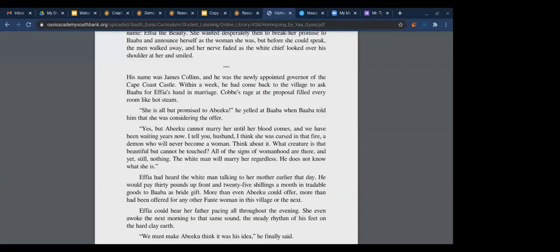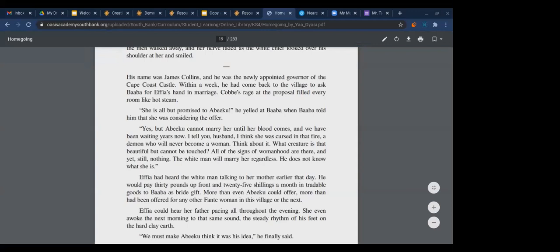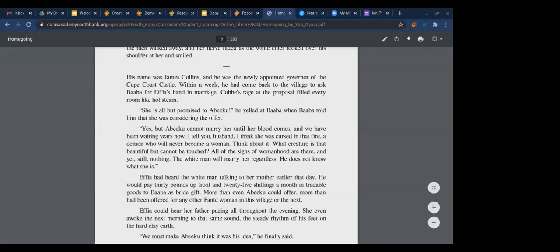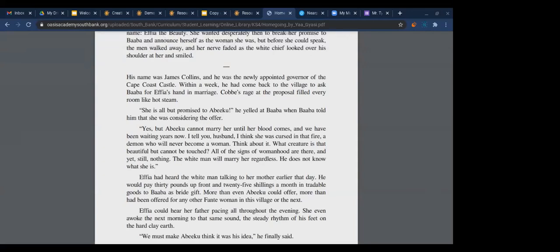And I'll show that real quick, just in case anybody couldn't quite hear or hasn't been here and is following along. But here's a good example of what Kira was just talking about. She's saying not only do we know how Effia feels about everything, but we've also learned how other characters feel about her getting married and all this stuff. So if we look at this excerpt from the beginning of chapter 1, all right?